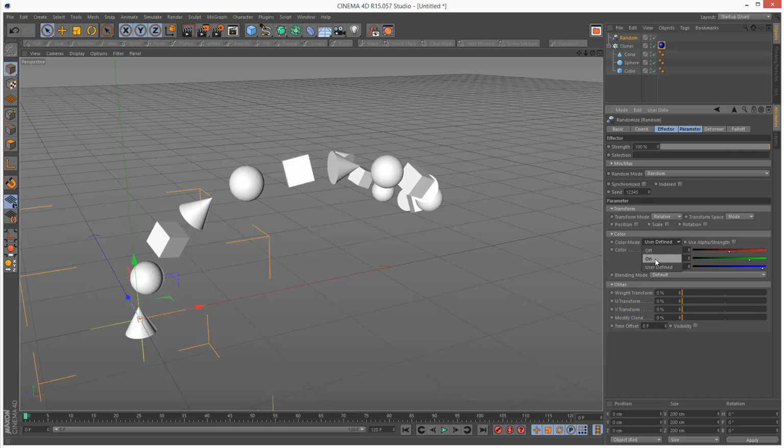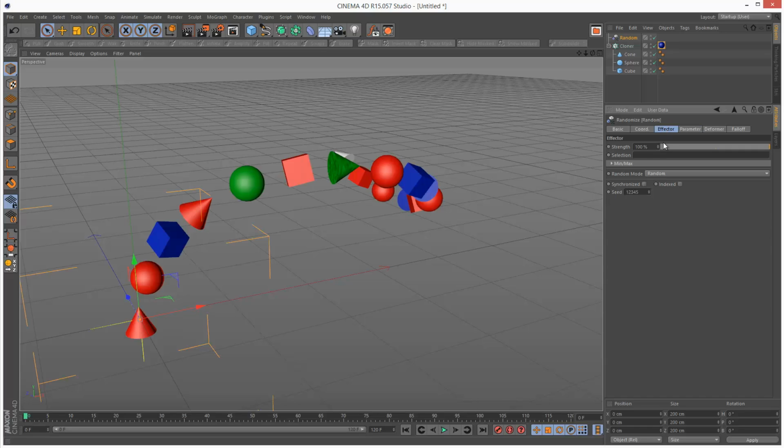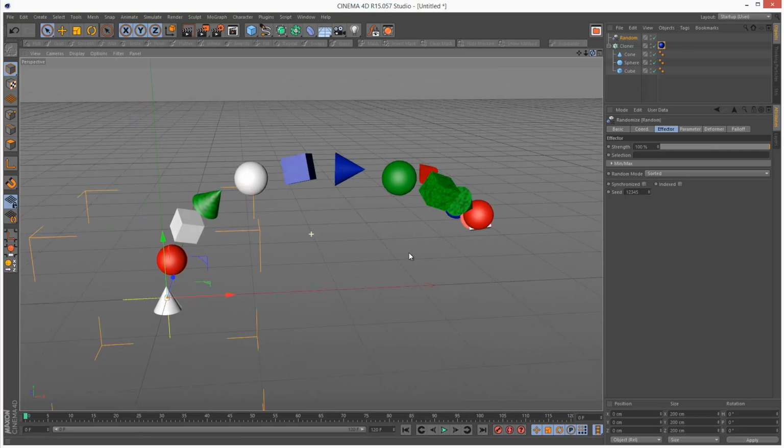So I'm just going to go back to color mode on, and under Effector we have different modes. So this is just a standard random mode. We have Gaussian, noise, I believe this is animated, turbulence, which is also animated, and lastly sorted. So sorted is a pretty useful mode because it basically tries to use